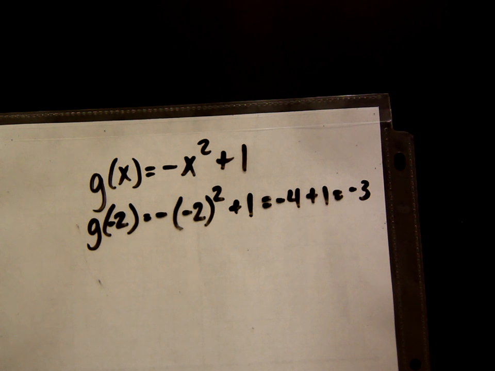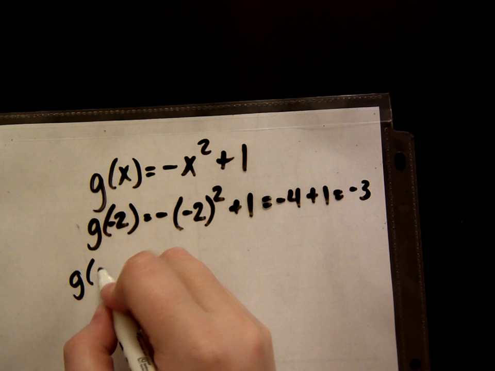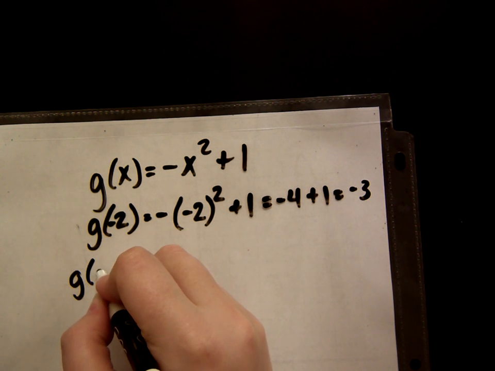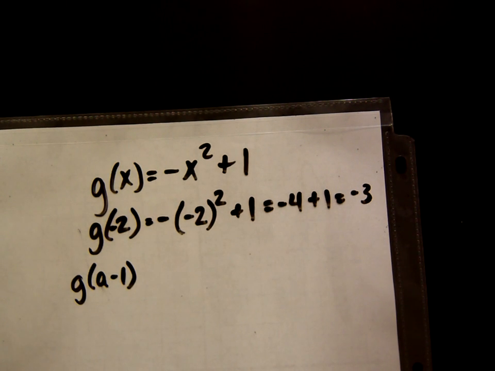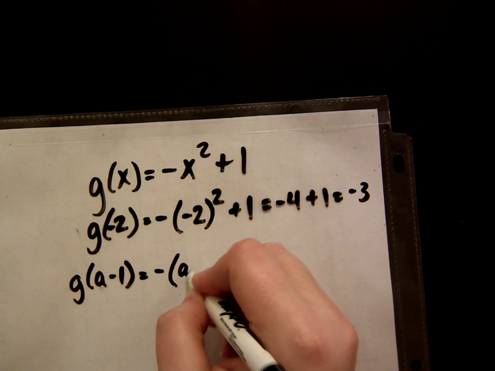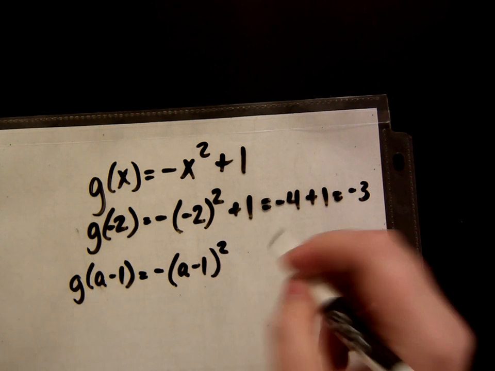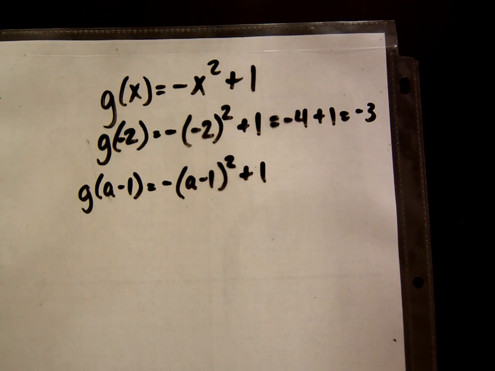Okay, so let's take another example. Let's say a minus 1 is what we're plugging in. What you'd have to do is negative a minus 1 squared plus 1. But you have to simplify it now. Well, how do I simplify it? Well, remember,